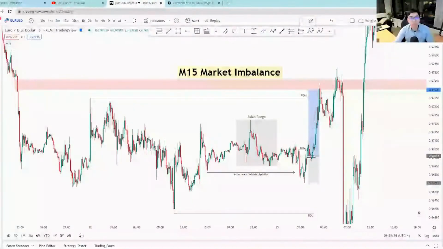Yes, the value gaps. The value gaps are taught by Inner Circle Trader. I think I mentioned it in the past webinars that I hosted. So Inner Circle Trader, I'll just credit him. Inner Circle Trader, ICT. He also taught about the fair value gaps, also known as the market imbalance. So you can already see that I'm implementing. So this area, I took it as